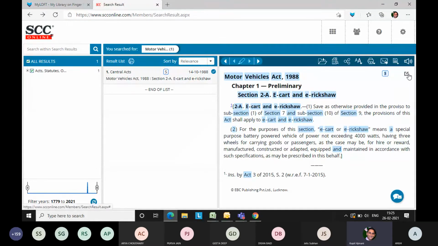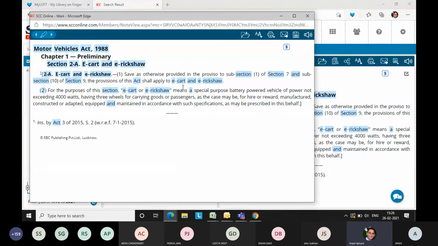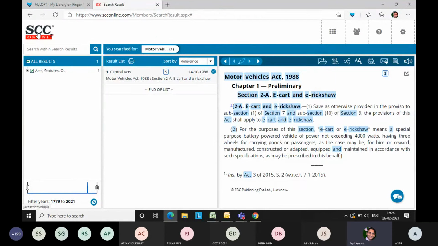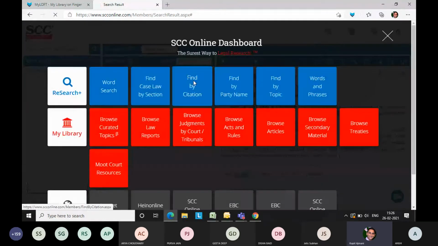So we have a suggestion for you. When you're clicking on the full screen, you have to type Control F here and you have to type amendments. So wherever amendments have taken place or the word amendment is mentioned, it will catch and show you what latest amendments have been done, particularly to this act or statute. So sometimes we get a query that we are unable to find the amendments. So this way, this is actually a shortcut. I'm suggesting you to have the amendments in front of you.